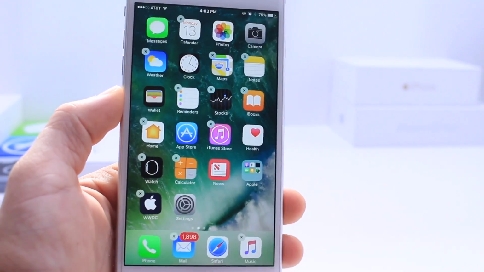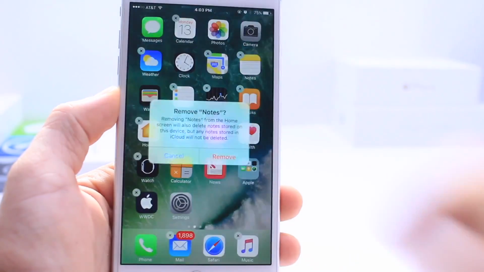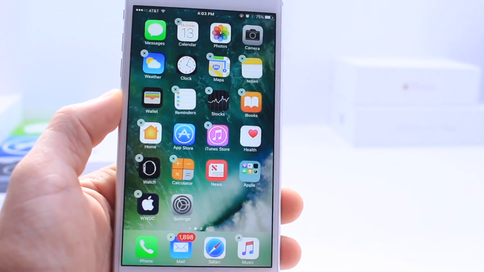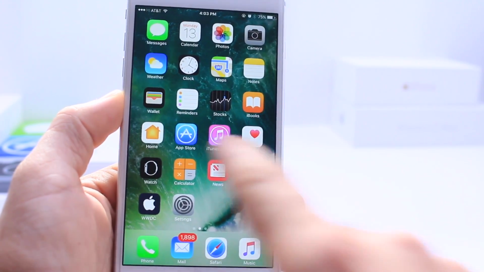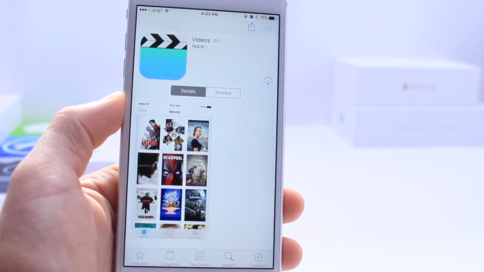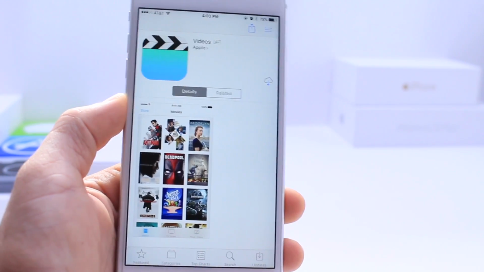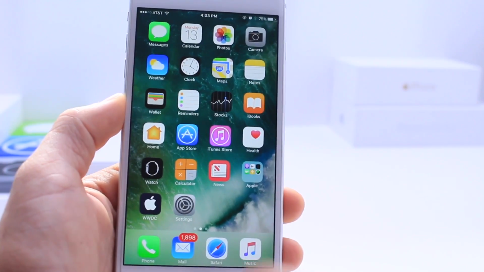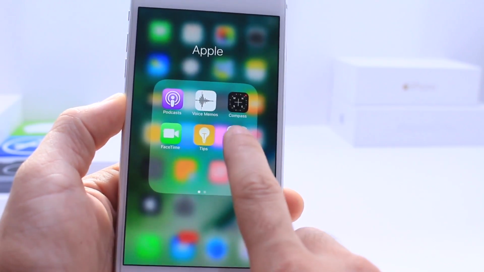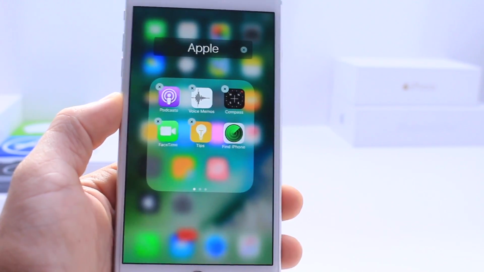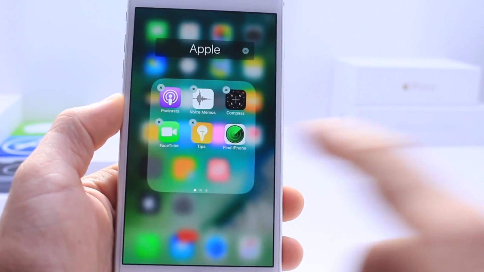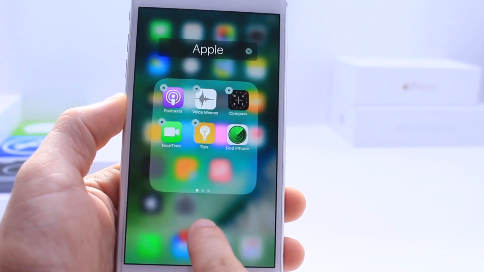But we also get all these other icons that we can hide, and when you tap on there to delete them, you can remove them. Once you remove them, in order for you to get them back, you can jump into the App Store and download them from the App Store, so you no longer have to have those apps on your device themselves. And also here, as you can see, the folders, when I open them, it's a cleaner look. It looks very nice,